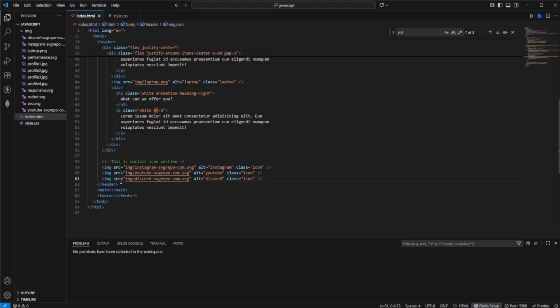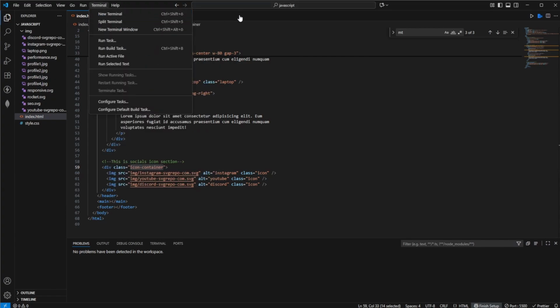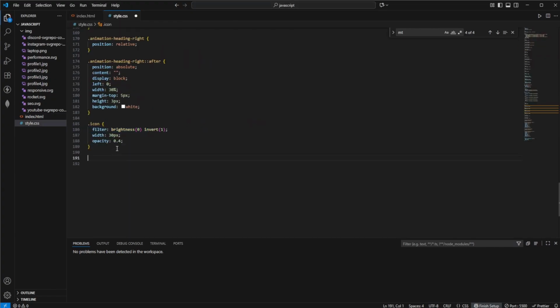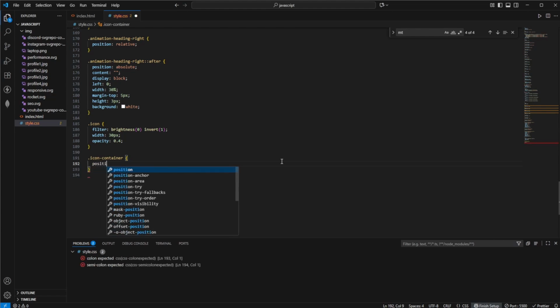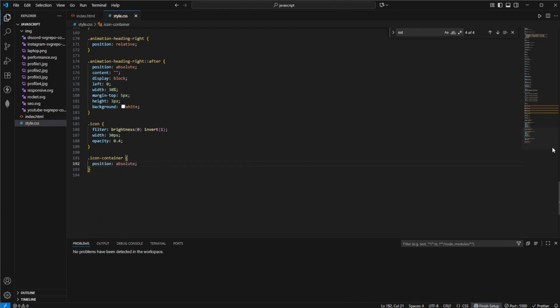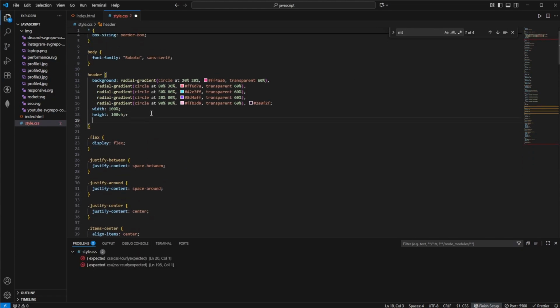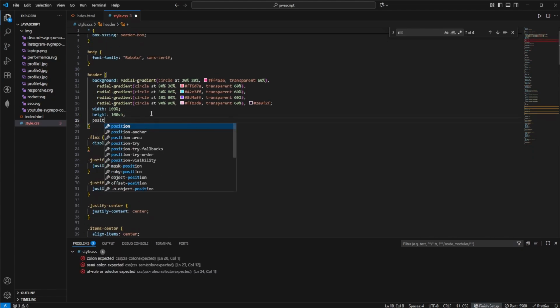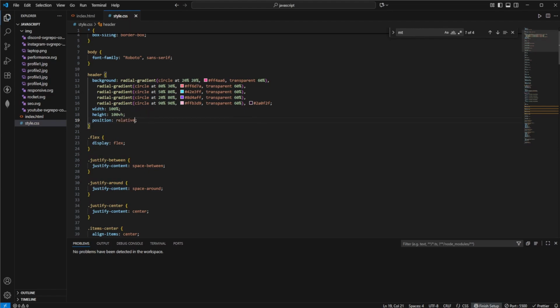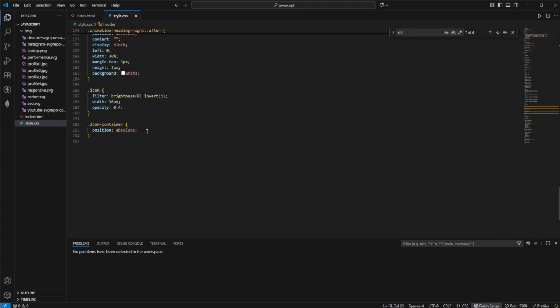Now we also want to create a container for our icons, obviously. So I'm going to create an icon container. Inside of this icon container I have the icons. For our icon container, let's use position absolute. And since our icon container is a child of our header, we need to set position relative to our header, which has a height of 100 viewport height. So once we go down here and we set bottom to 0, it should appear at the bottom,